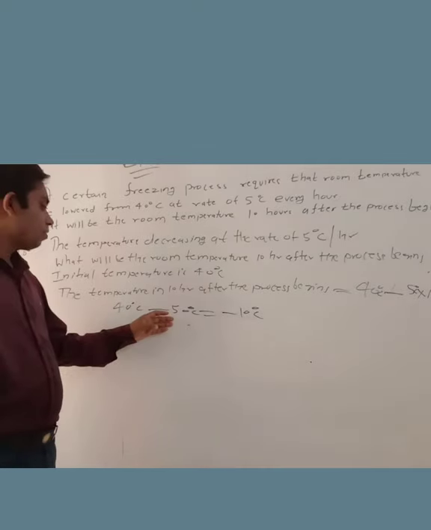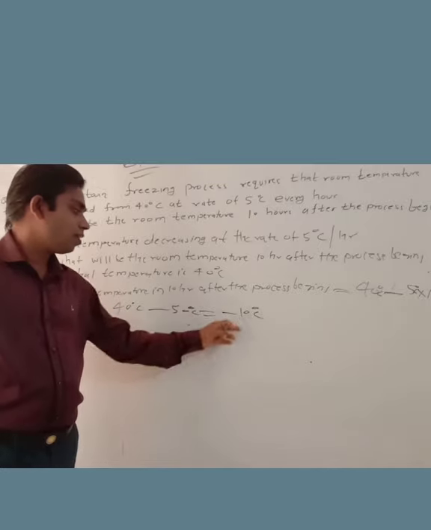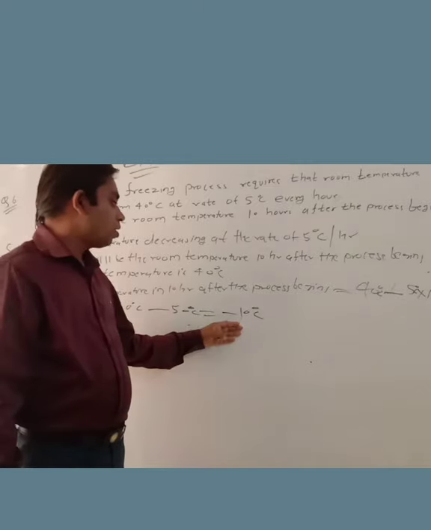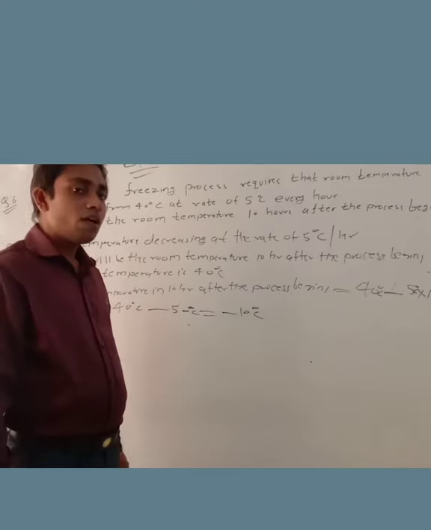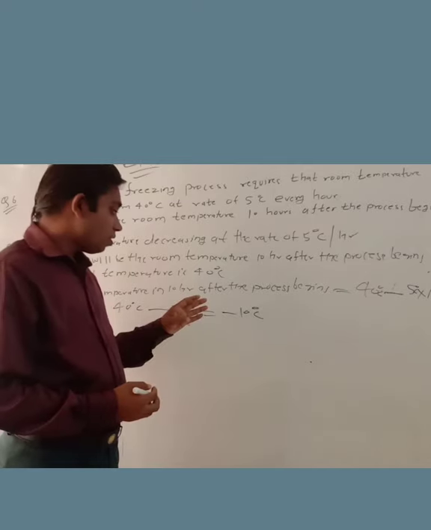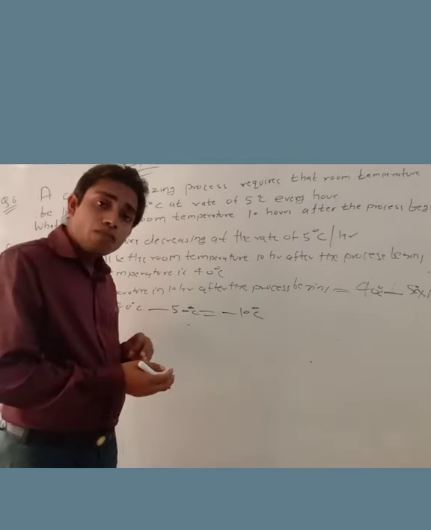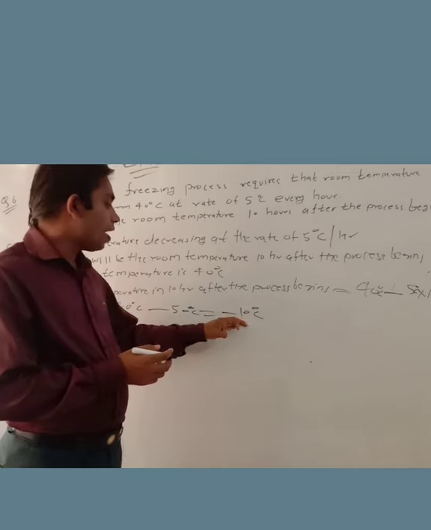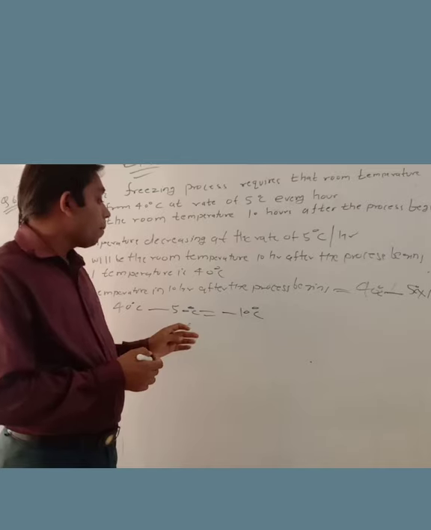Here we will write the sign of the greater number. The greater number is 50 degrees Celsius and therefore we should write the minus sign. So in 10 hours after the process begins, the temperature will be minus 10 degrees Celsius. Am I right, my dear friends? Understood? Minus 10 degrees Celsius indicates the freezing temperature at which it is converting into the form of ice. Whatever object it may be, it will convert into ice when the temperature is minus 10 degrees Celsius. And that's why it is called the freezing process.